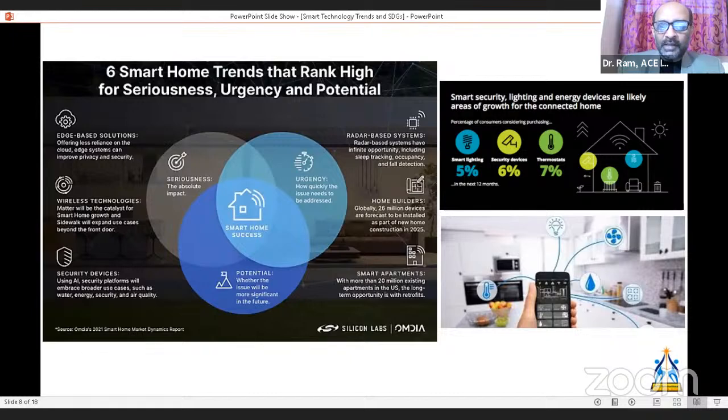Home builders, as I already mentioned, globally nearly 26 million devices are forecast to be adopted, as part of new home construction in 2025. All sensors and other elements are very much in demand for the modern home. Smart apartments: there are more than 20 million existing apartments in the US. The long-term opportunity is with retrofits.